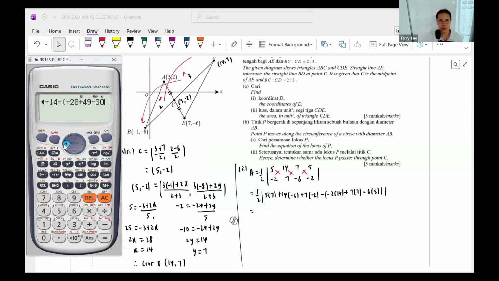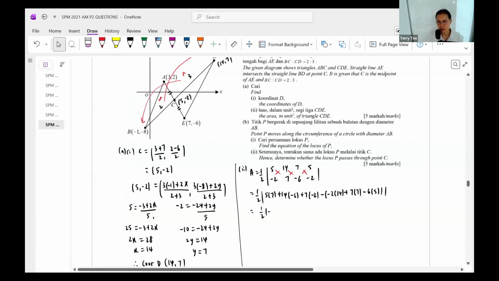Okay, not 42. 14 times 6 is 84. 14 times 3 is 42. So it's 54. Half of 54. Now we treat this like a modulus. So the answer is 27, because your area cannot be negative, so we take the positive. Yeah, positive 27. Okay. All right. Now next,